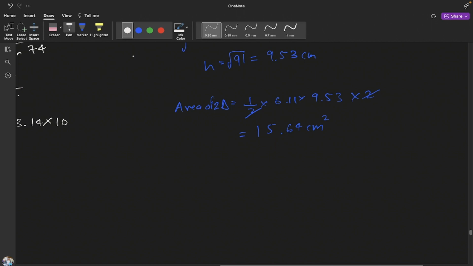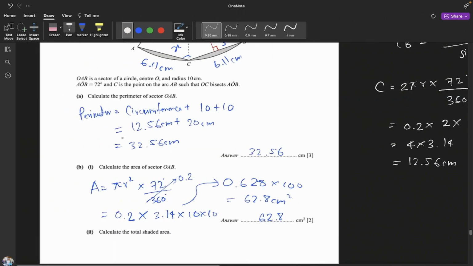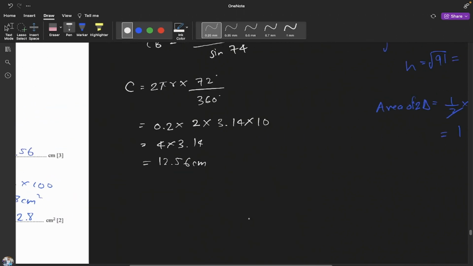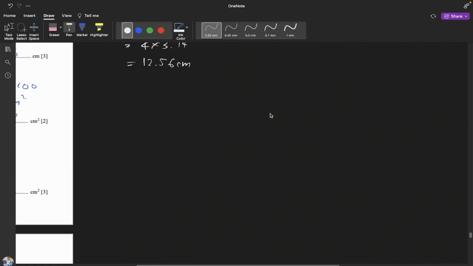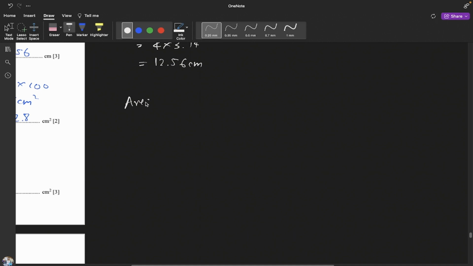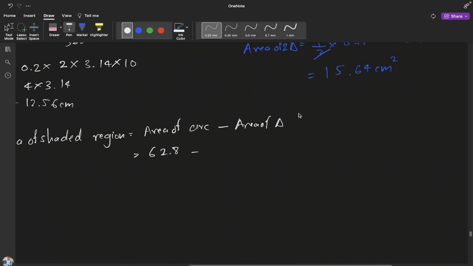You already found the area of the sector, which is 62.8. You know the area of the two triangular parts. Now you can find the area of the shaded region. Area of shaded region is equal to area of arc minus area of triangles, which is 62.8 minus